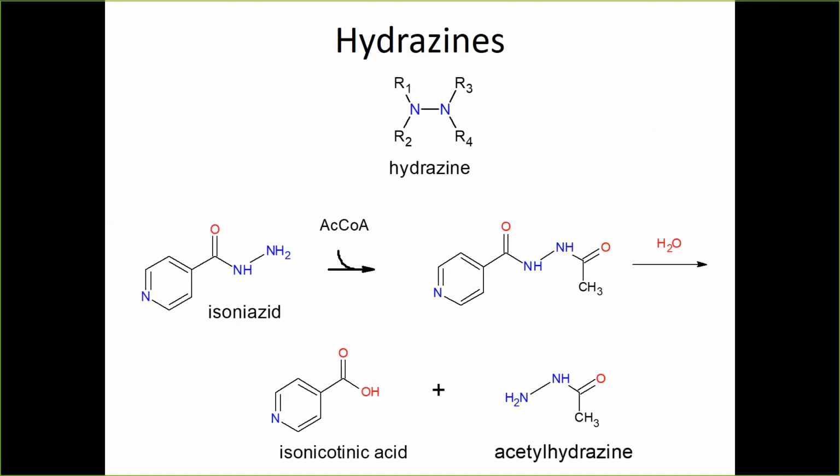Isoniazid, as I mentioned, is important to know because it has many bad side effects. The neurological ones, things like peripheral neuropathy and seizures, can be treated with pyridoxine, whereas the GI things, like hepatitis, really cannot be. And then there are some hematologic and immune effects from it as well. That acetylhydrazine at the bottom can also be a bad actor that can cause an idiosyncratic hepatic necrosis. So not only can the isoniazid itself, through the acyl radical, be a problem, since radicals are always reactive, but some of the metabolites are also problematic.